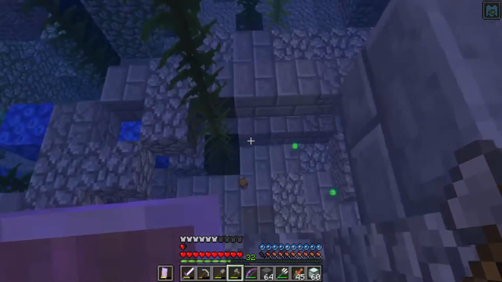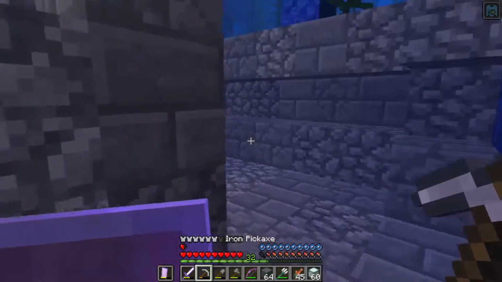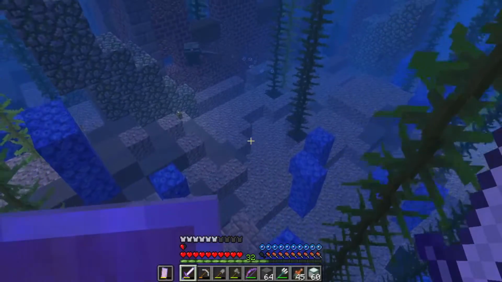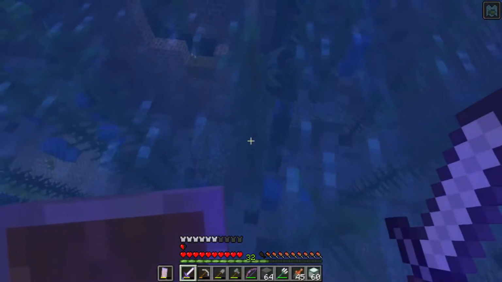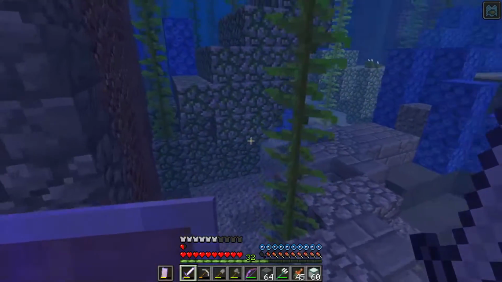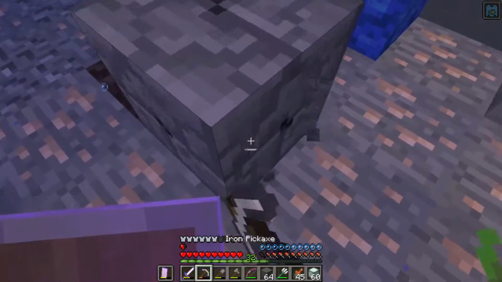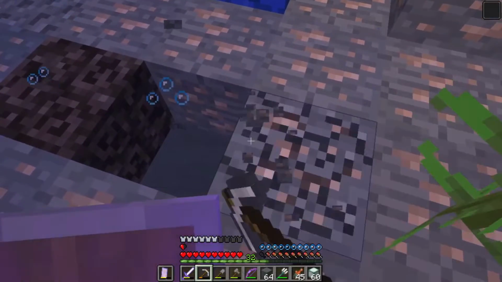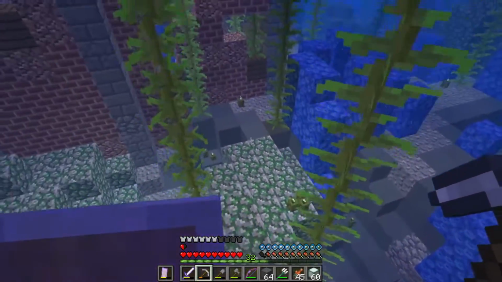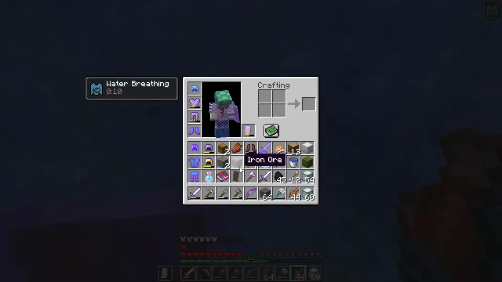Let's see. Let's just get down here. Is there anything else? No, but I do know that there's another spawner nearby, I think. There's also a lot of iron down here, which is pretty cool. Not that we really need it. Not right now anyways. But it is good to know. If I remember, that is. So...